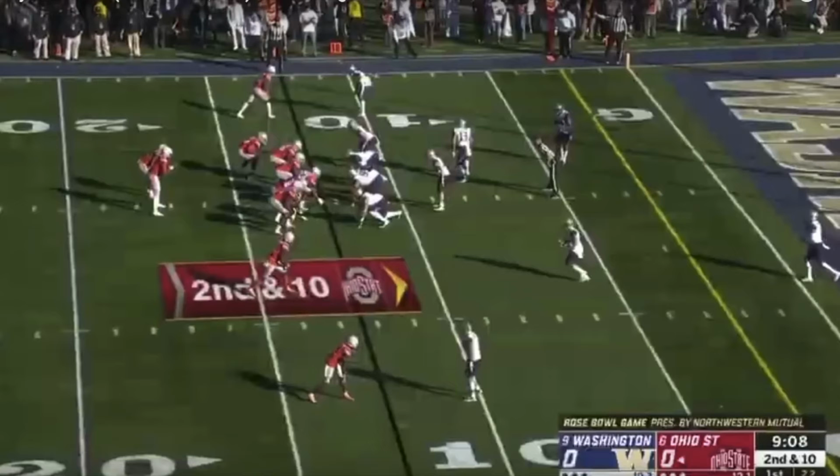Furthermore, we see that he's got that arm strength. He's got the ability to drive the ball into a window and hit his receiver. He's got that anticipation. He knew that his receiver would get to that area. He threw it to the open spot, let his receiver make the move. What I like about this clip